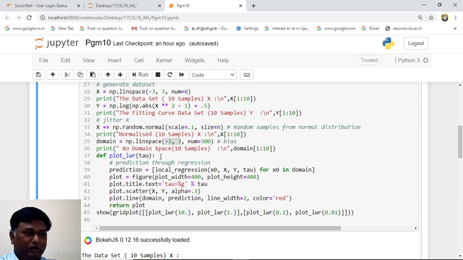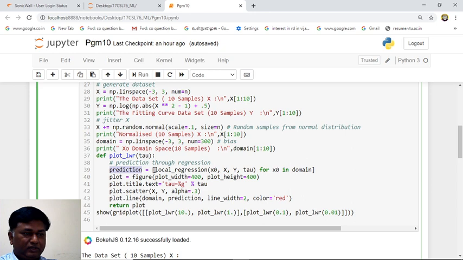Now the graph will be drawn, so we will use this function. This function is called here 4 times, with first tau value 10, then tau value 1, tau value 0.1, and 0.01. So 4 different values are passed to tau, and the same algorithm is called. Now we will see one example.